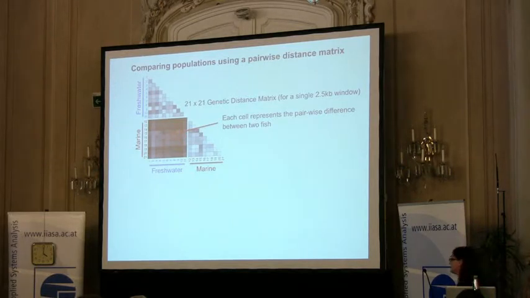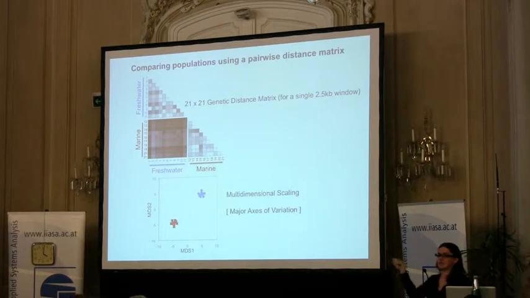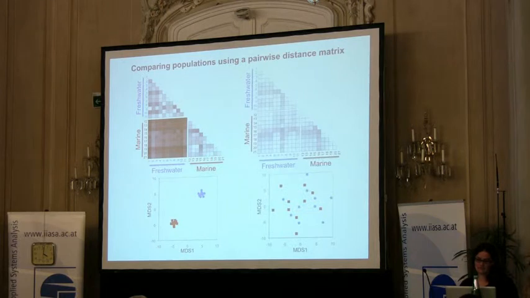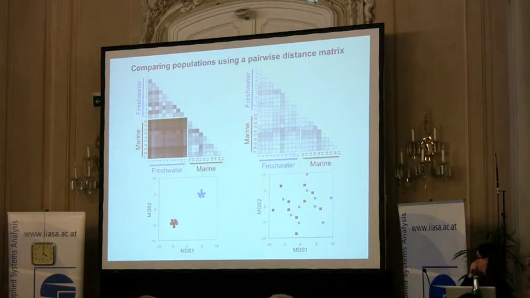And this is really useful. Anyone who's familiar with matrices knows there are many things you can do with it. One of the things we did was multi-dimensional scaling to look at clustering or structure within the matrix. We can compare what we see at a region like EDA to a region which is neutral, somewhere else in the genome, I think on chromosome 3. We see very little structure within the matrix, and when we do the scaling, we don't see much clustering.